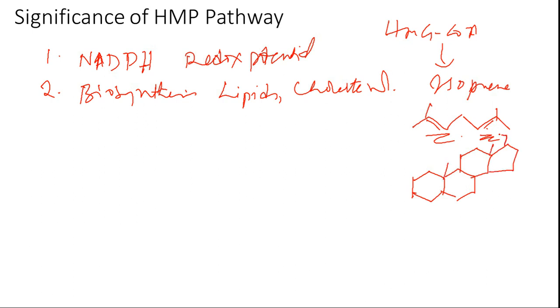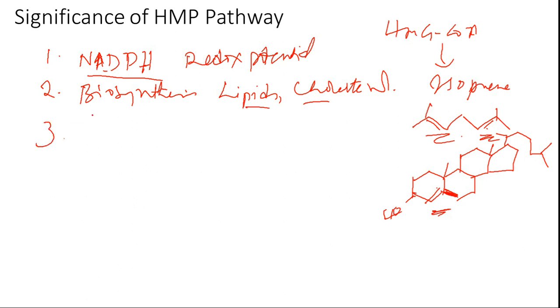Okay, like this, where you will not find too many double bonds. Only one double bond will be there, but as many as 6 isoprene units are utilized over here. So in this way NADPH plays a major role in the biosynthesis of important biochemicals like cholesterol, lipids, and some of the hormones are also biosynthesized like adrenaline, noradrenaline. There also reduction is needed, so there it is going to be useful to you.